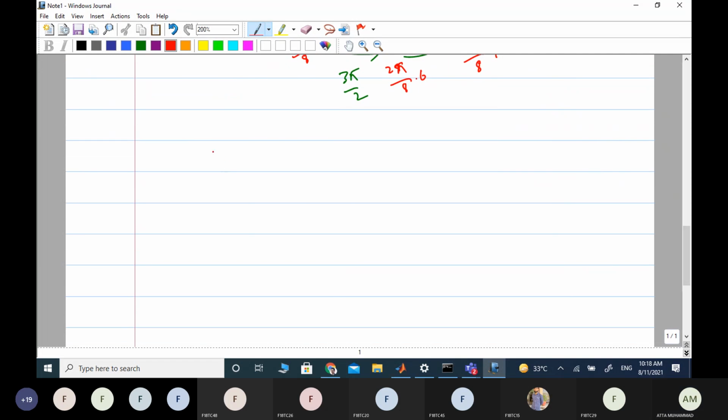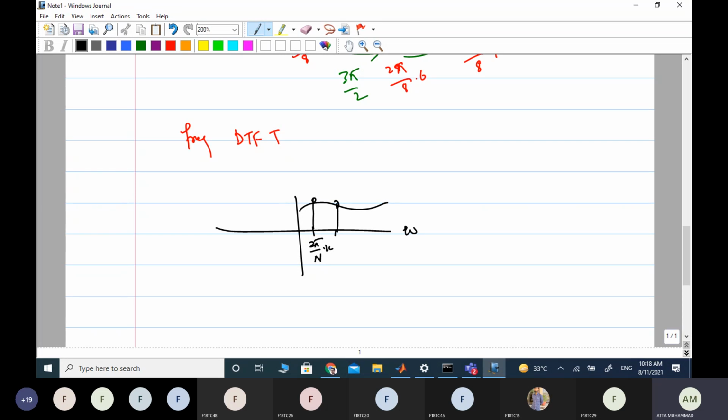So in a nutshell, we can say this is, for example, the frequency spectrum of a DTFT. It must be periodic, but we just want to see how it is sampled. So what we are doing is taking n minus 1 samples of this spectrum, from here and so on, right? So we are taking n minus 1 samples of the spectrum as well, right?